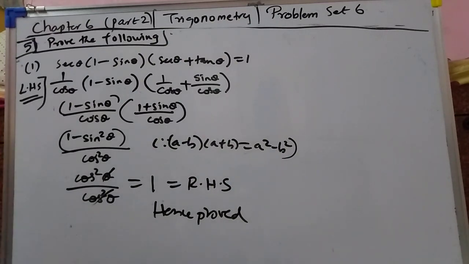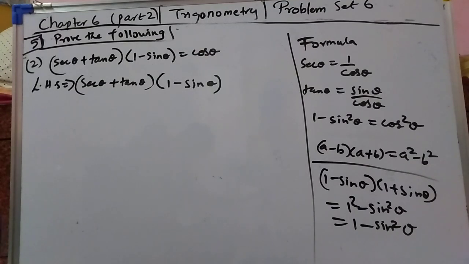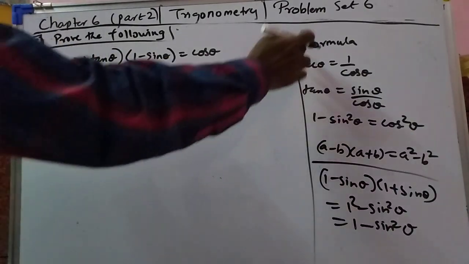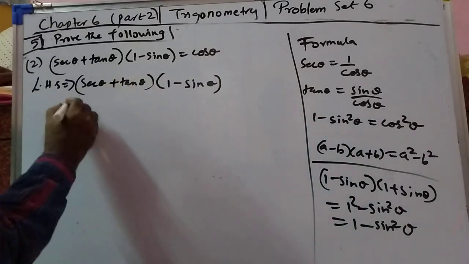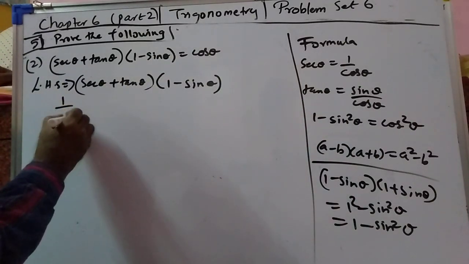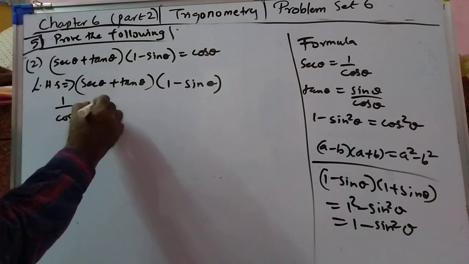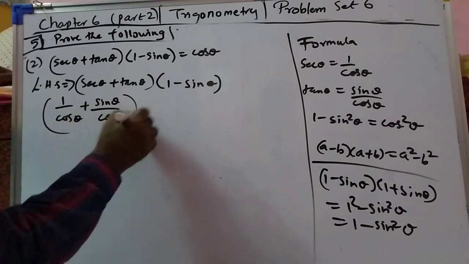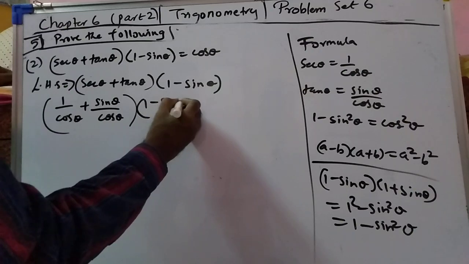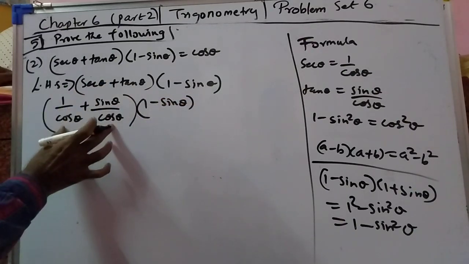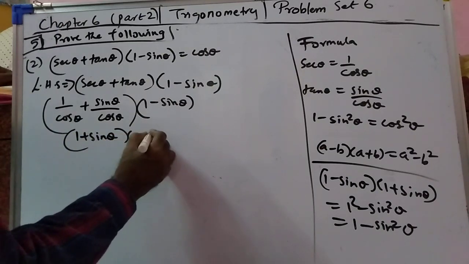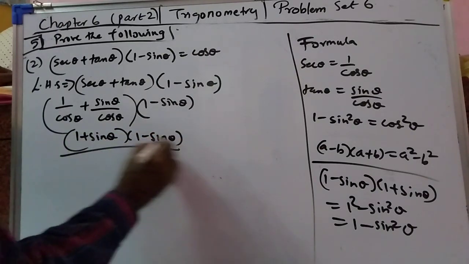Okay, I hope you got this. Next we do the second problem. Take the left hand side. Put the value of sec theta. Use the formula written. Write sec theta as 1 upon cos theta plus tan theta as sin theta upon cos theta, and keep it like this. And now group it. The LCM is the same, so it will become 1 plus sin theta, 1 minus sin theta upon